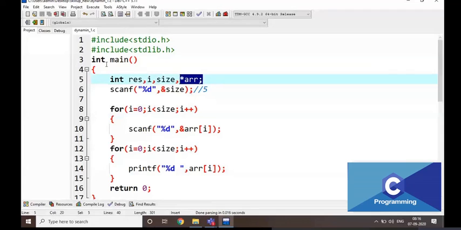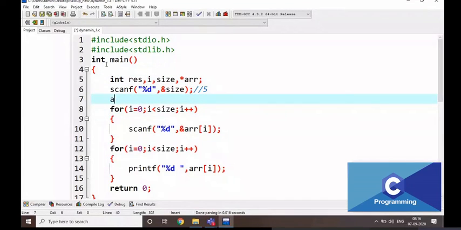We are going to take star ARR. Now we are going to write ARR is equal to malloc of size into, where size is the size variable.